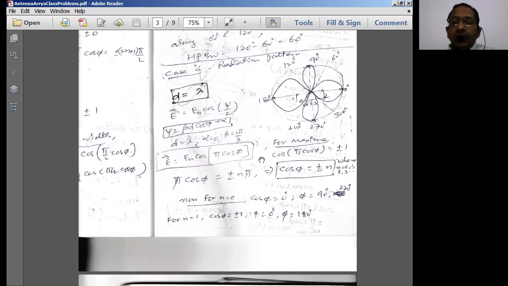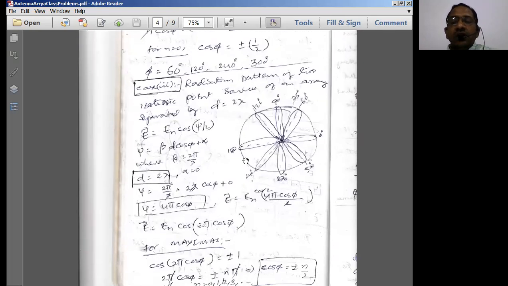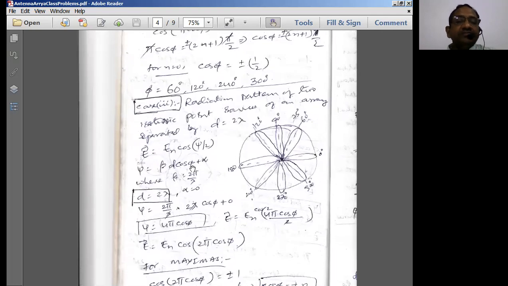Now here for half power beamwidth, you find out the half power beamwidth along one direction, similar to the previous case. Find out for only one direction, that will be repeated for all the other directions of the radiation patterns. Now next case, the last case, let us consider the distance between the two antennas. Here I have not shown it because it is simply a repeated version, but in the exam you please show everything clearly, even though it is a repeated version.